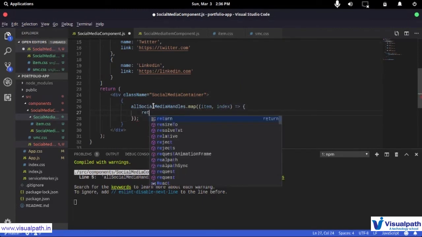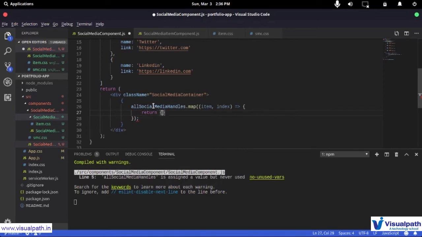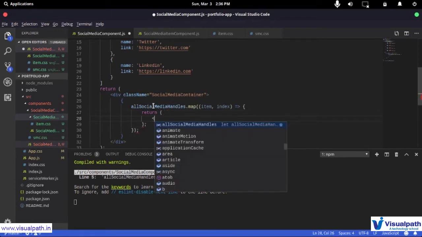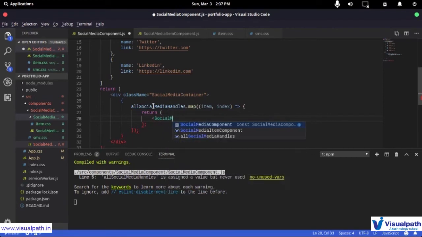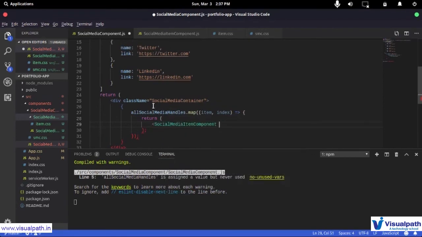So in the return, I'm going to return some JSX. What my JSX will look like is I'm going to have a social media item, and I have to pass two things to this. So I have a name. So where is that name?